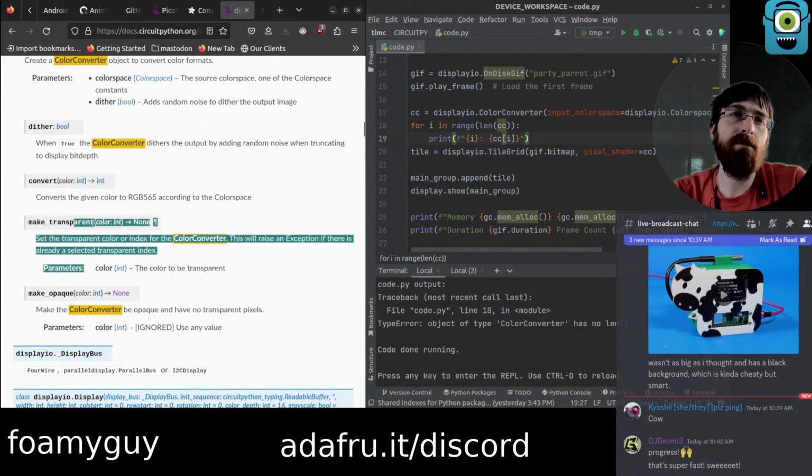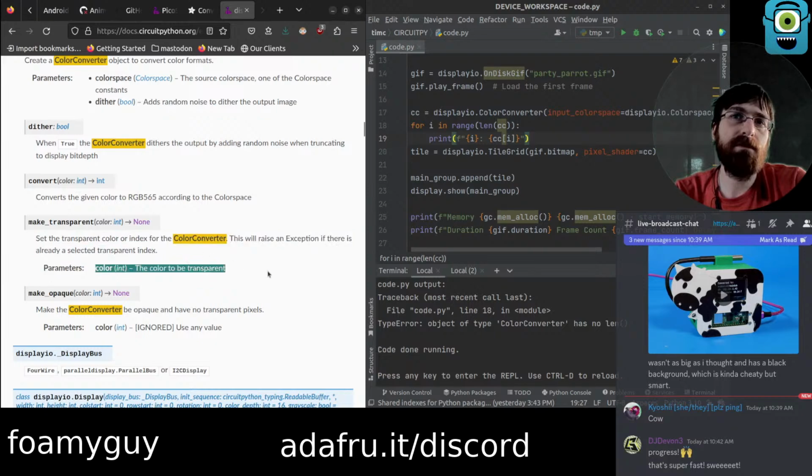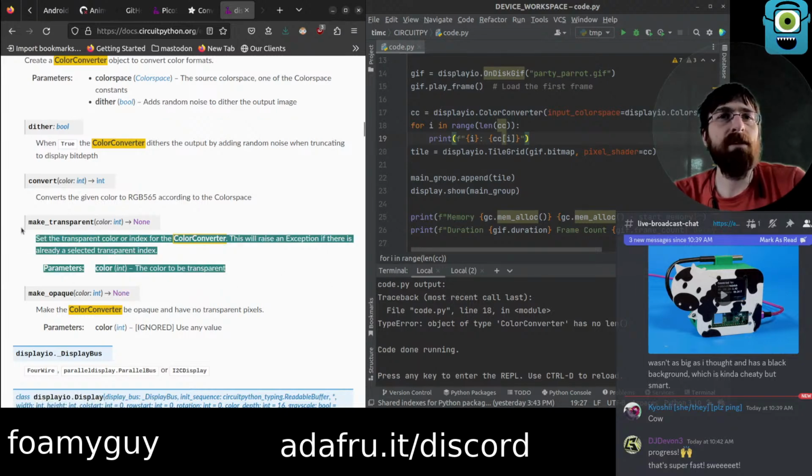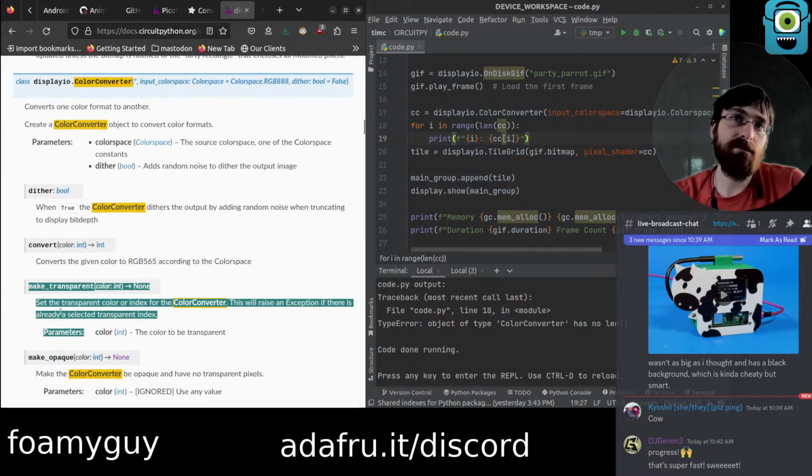But wow, but what about this? And does this take an index? I mean, it can't be an index because there's no list seemingly. So, this takes a color like red, 0xFF0000?